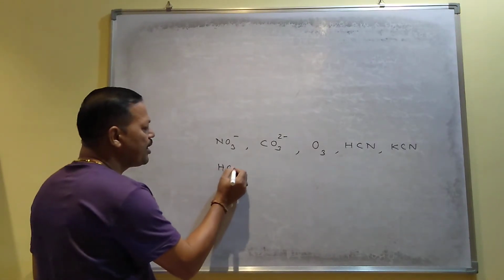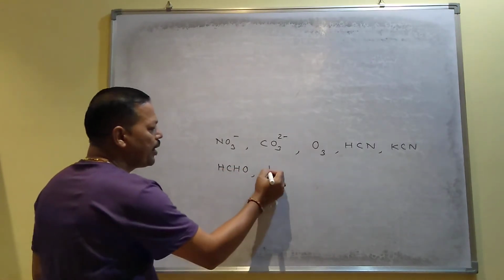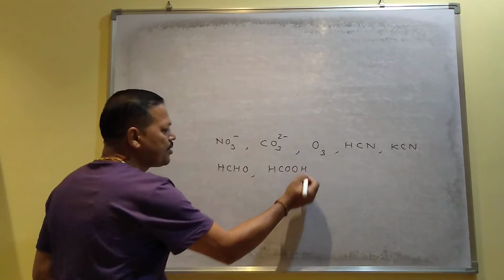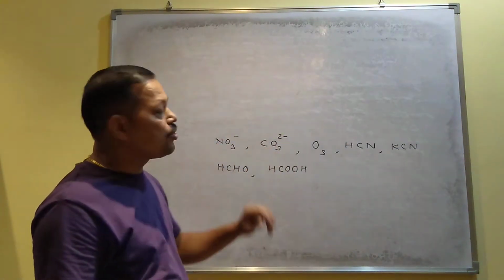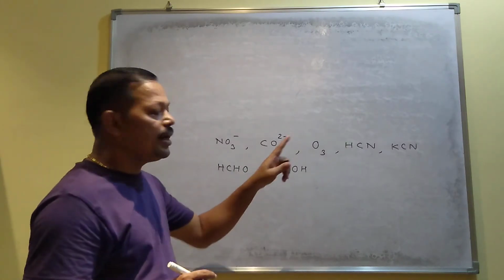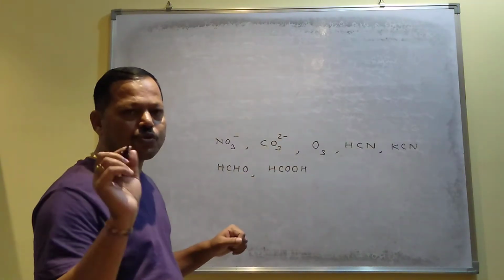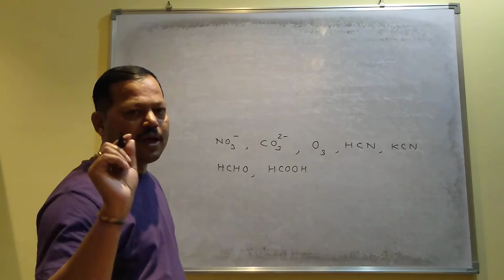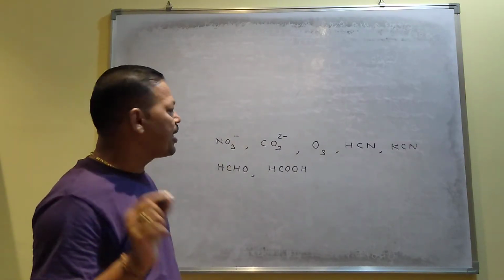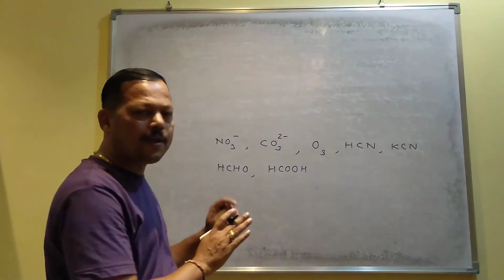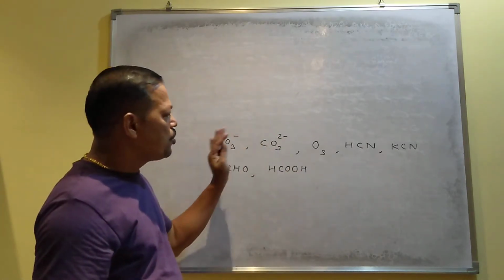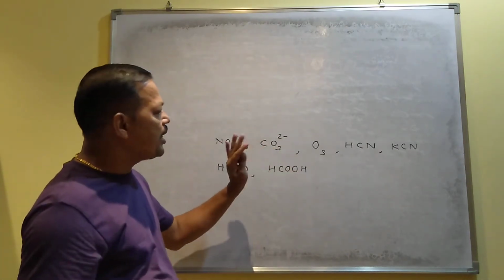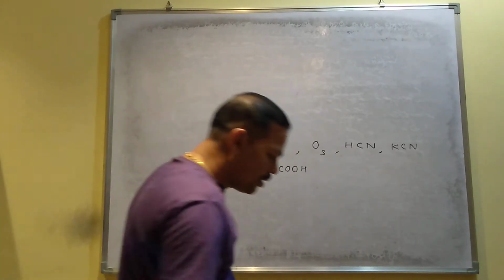some organic molecule like HCHO, HCOOH. You try to draw these molecules, the electron dot picture, and when you draw the electron dot picture, you should satisfy the octet rule. I mean, every atom should gain the 8 electrons. So that concept we apply. So that you have to apply the dative bond concept also. So you try to draw the electron dot picture of this molecule. This is your homework.